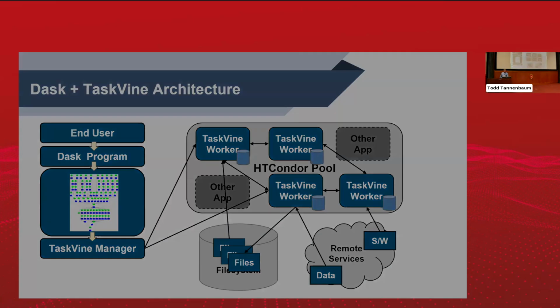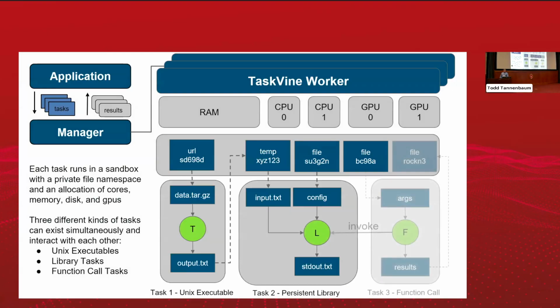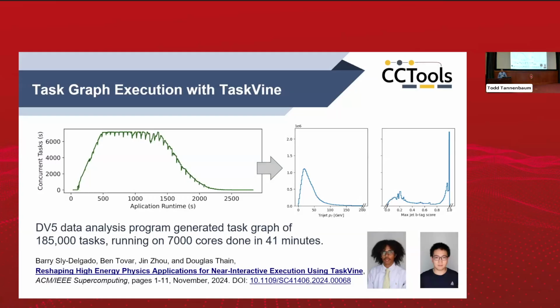And we can run some very large scale applications this way. I think I'll skip very briefly. This is how TaskVine intermixes conventional executables with installed functions and invoking them. But I think I'll move past that. All right, so